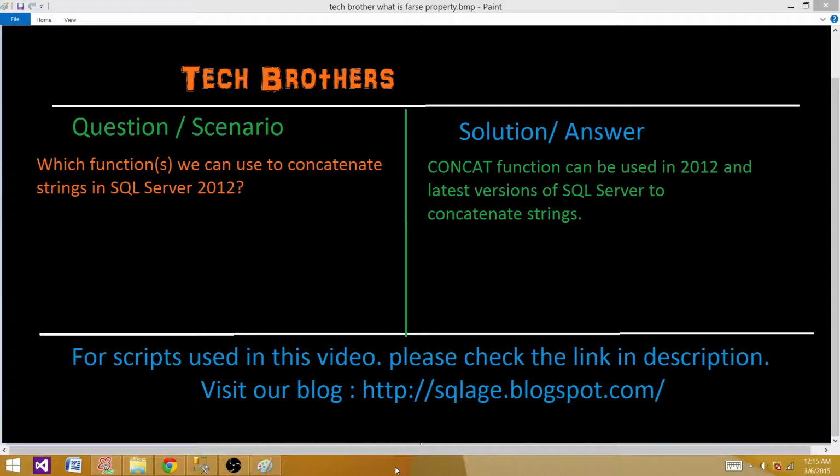Today we are going to answer this question and perform a demo. Which functions can we use to concatenate strings in SQL Server 2012 and the latest versions? The answer is we can use the CONCAT function in SQL Server 2012 and latest versions to concatenate